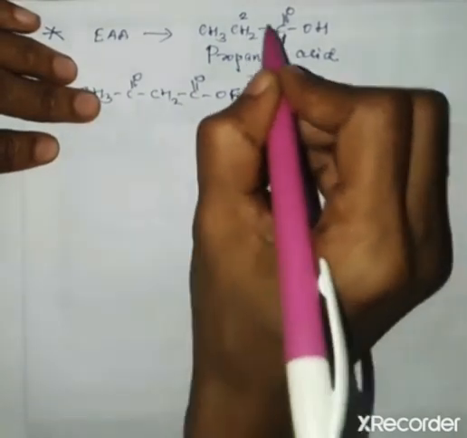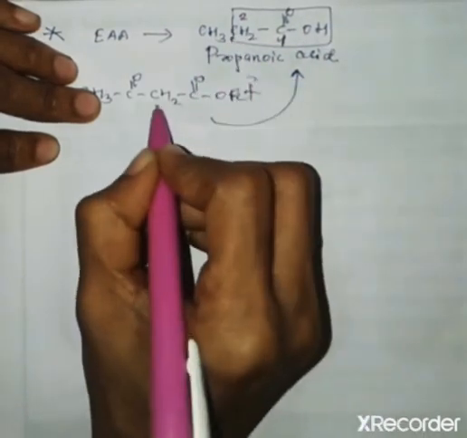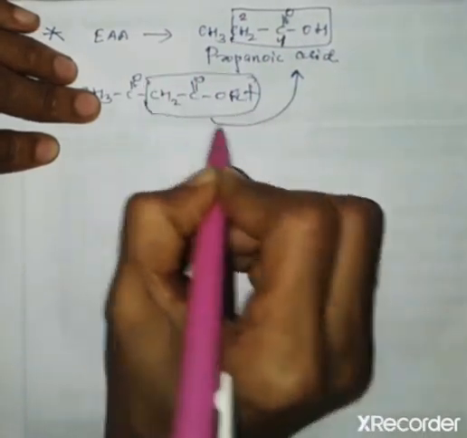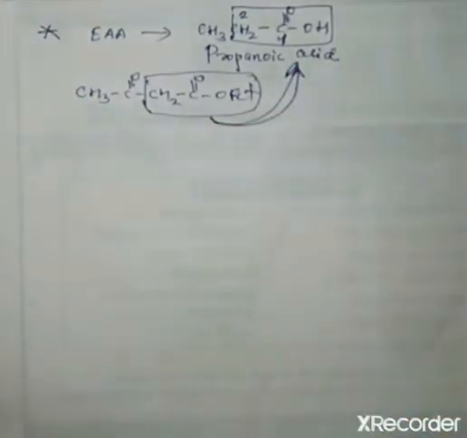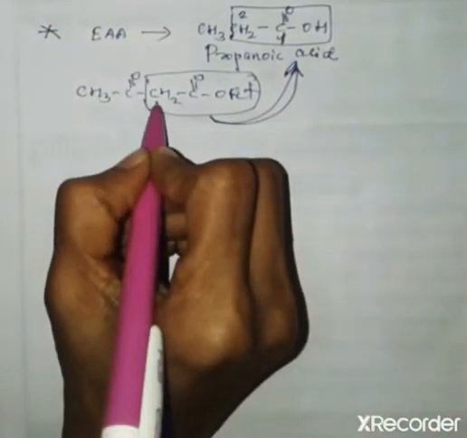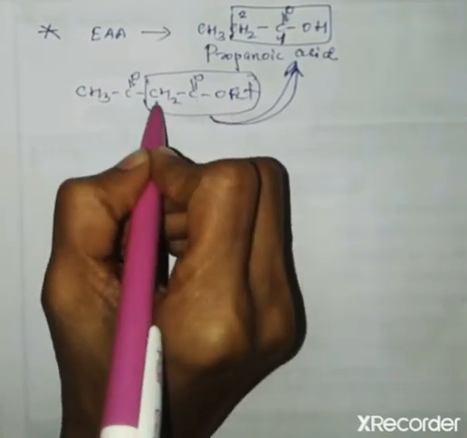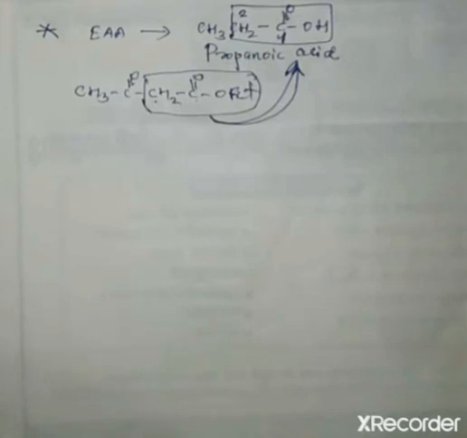That is, this part is coming from this part of the ethyl acetoacetate. This CH2 and COOH, or this alpha carbon and the C double bond O carbon, the carboxyl carbon, are coming from the ethyl acetoacetate. In any carboxylic acid that is synthesized from the ethyl acetoacetate, the first carbon, the carbon atom of the carboxyl group, and the second, the alpha carbon atom, are coming from the ethyl acetoacetate.